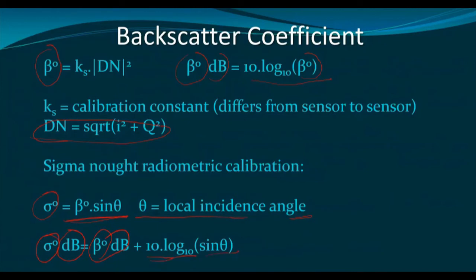This formula may appear a little bit complicated. However, this is the background knowledge, and we generally perform all these things in digital image processing software, and the software will handle all these things. However, we need to know what it means by beta naught, or what it means by sigma naught, which one is better, which one handles the look angle, which one cannot handle look angle, etc. And based on that, we can perform our radiometric correction.